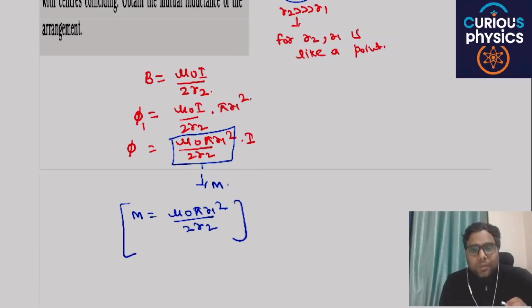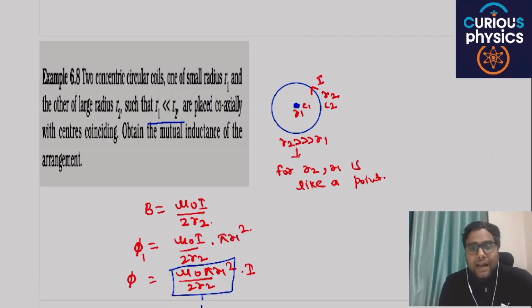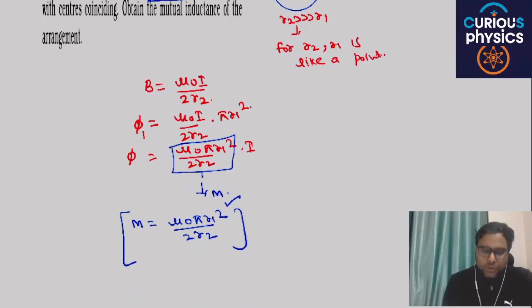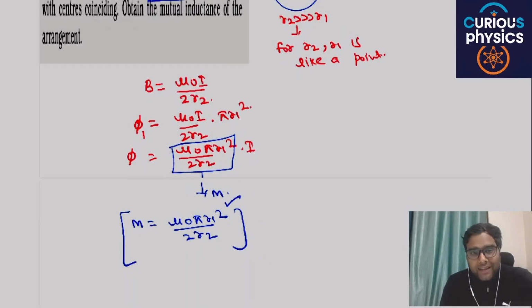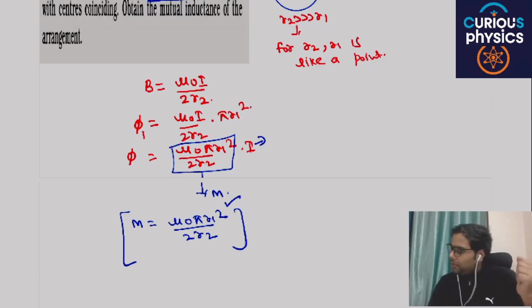It is easy, because it is easy to find the value of the magnetic field at the center. That's why we have reached this in this particular situation. We have to focus on phi being directly proportional to I, where I is from the second coil. Are you able to understand my point or not? Have I derived the correct relation, mu naught pi r1 square divided by 2r2?